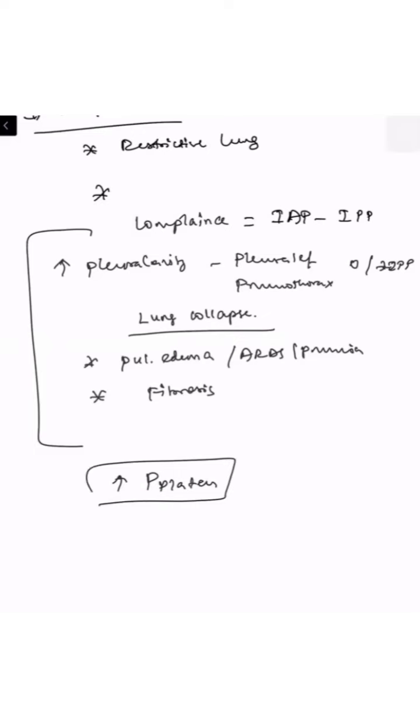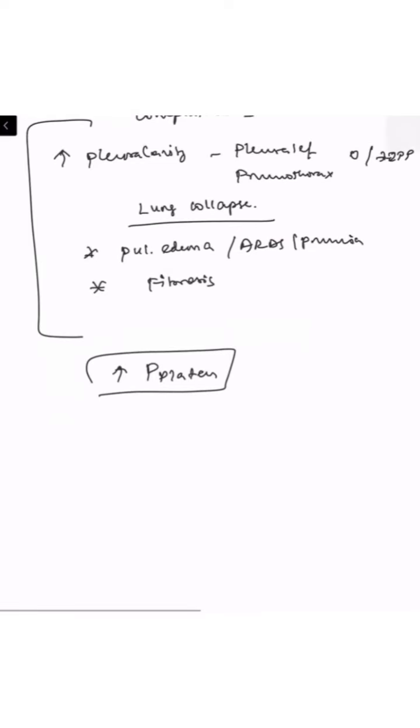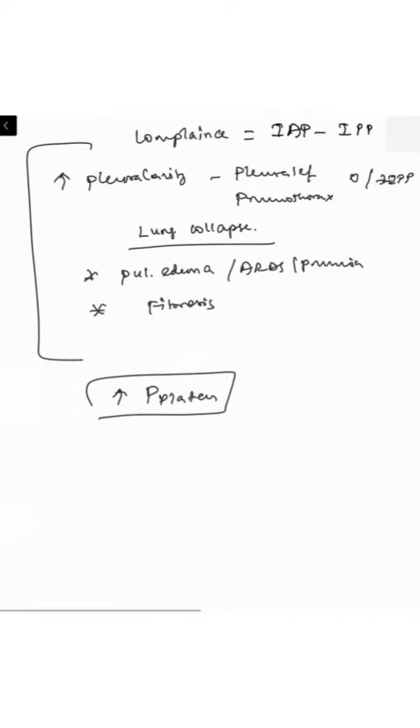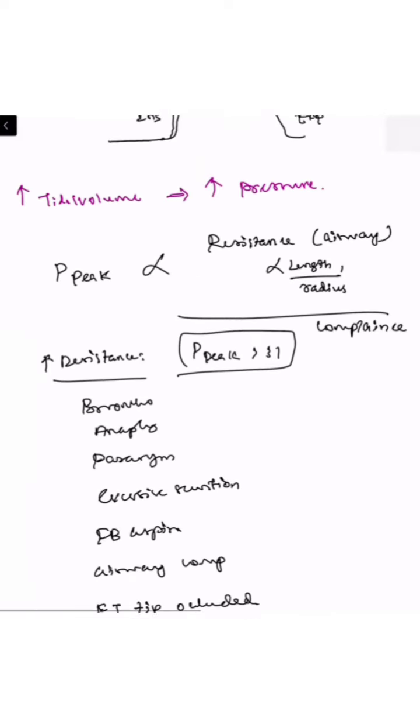Normally in elective ventilation and elective mechanical ventilation, we can set exactly what we need. Like we can set the pressure support of 5 and PEEP of 5. Then you will have a P peak of 10 and a P plateau of around 7 to 8. But in a pathologically affected lung, whenever you are trying to ventilate patients with ARDS, pneumothorax, pleural effusion or fibrosis, you will have an increased P plateau or an increased P peak.